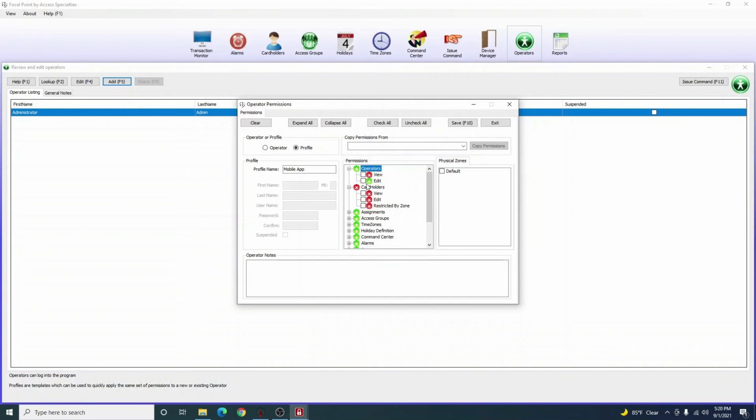For some reason that didn't go away. Come on. Oh, fun times. All right, and we're just going to keep going through here. Access groups, time zones,